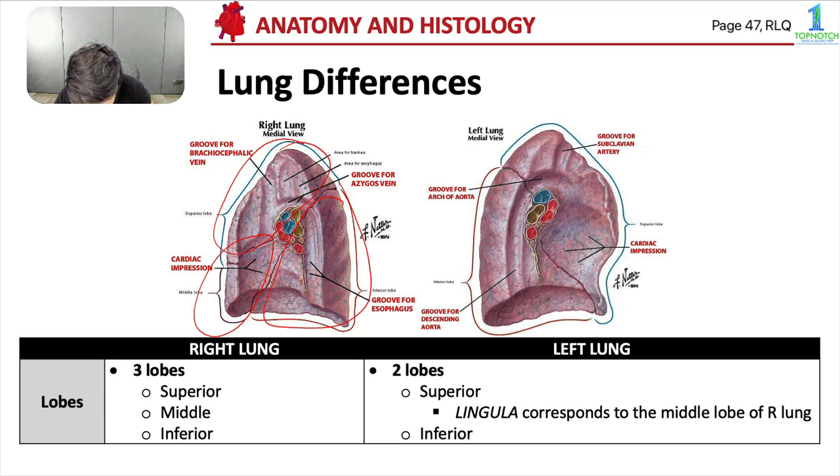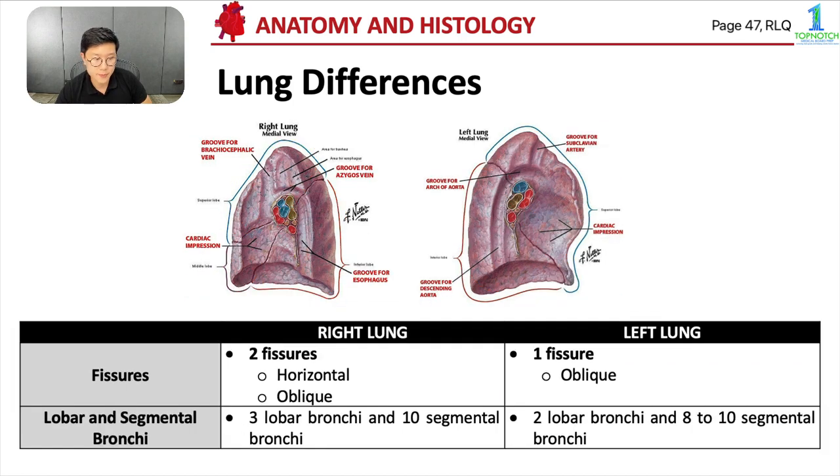while the left lung only has two lobes. You have the superior lobe and the inferior lobe. However, your superior lobe has a lingula, and the lingula, which translates to tongue, corresponds to the middle lobe of the right lung. The right lung has two fissures, a horizontal fissure, this one, and an oblique fissure,